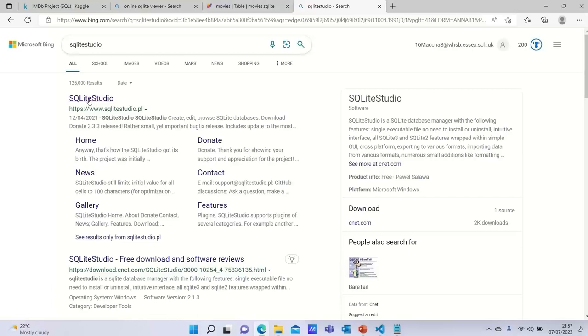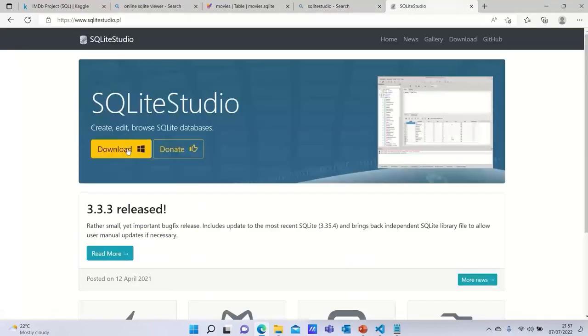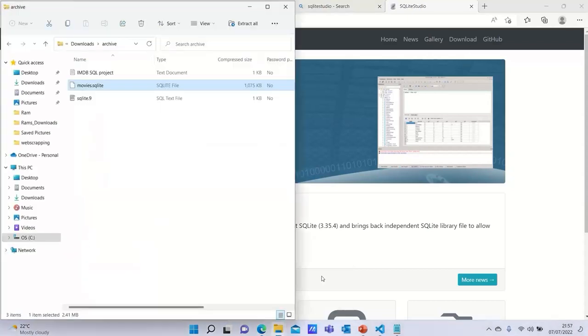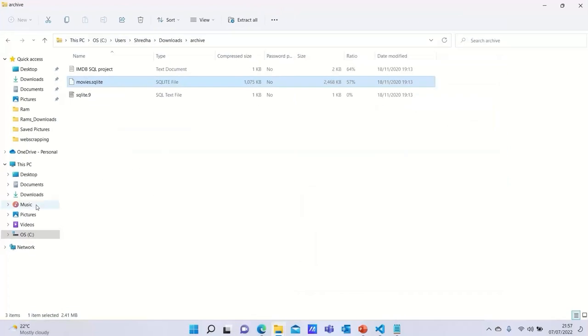Okay, you can click here and download it. Now when you download it, you need to unzip it. It's a simple software, you don't need to install anything. So what I did was that I downloaded and unzipped it, and then I copied that folder